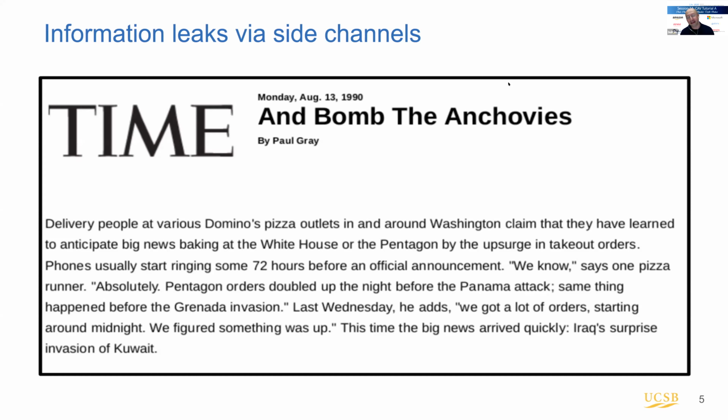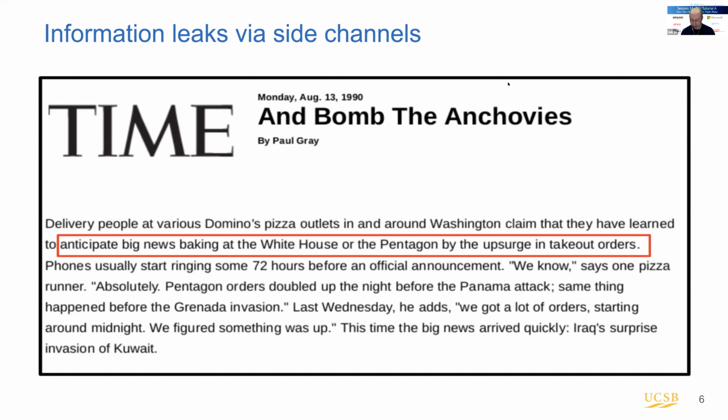So in this article in Time in 1990, the claim is that the pizza parlors around the Pentagon noticed that when there is some big news going to happen in the Pentagon or White House, maybe a military action, there is an upsurge in pizza orders from the Pentagon and White House.